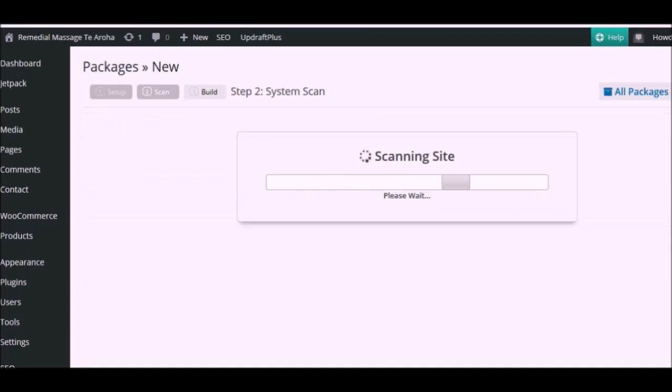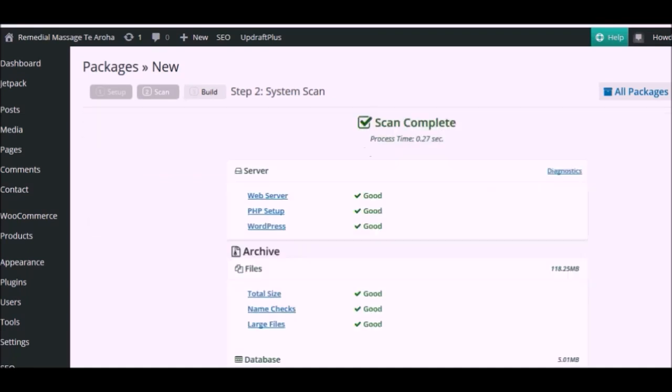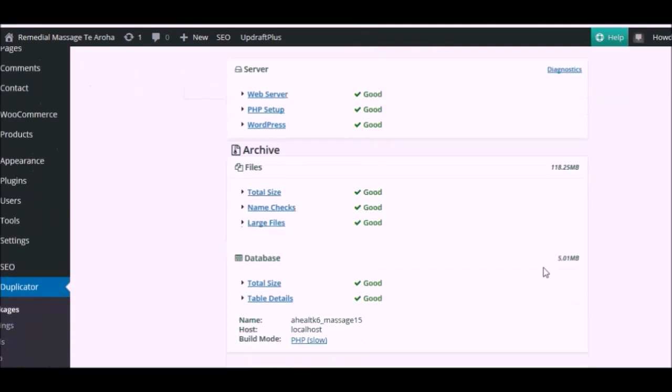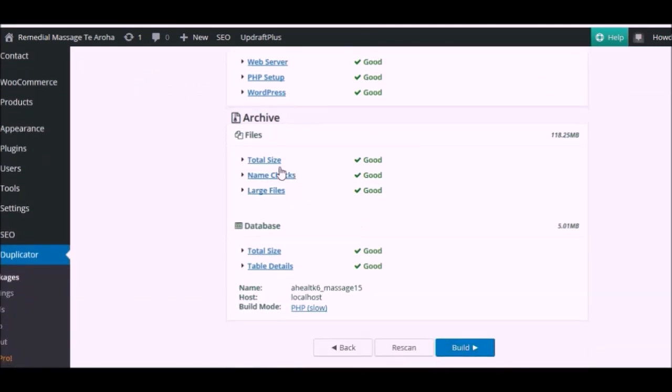And it's scanning the site. It doesn't take long if it's a fairly small site. Alright, now you want all these to say good. If they don't, I've had a couple of websites that have come up with the size not passing and the large files not passing. They come up red with a big cross beside them. With one site, if you click on this, it will show you the path to any files